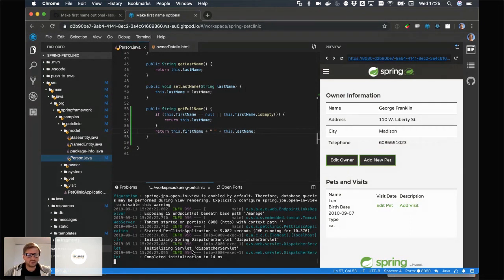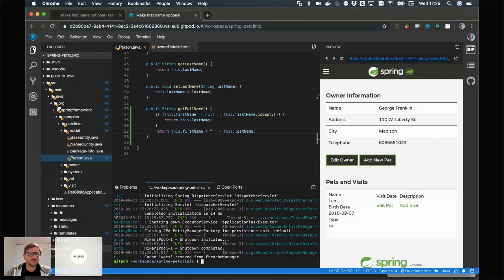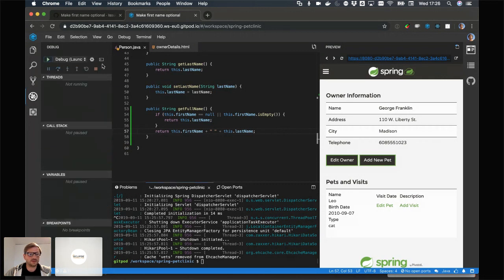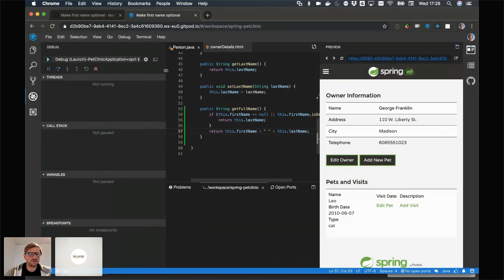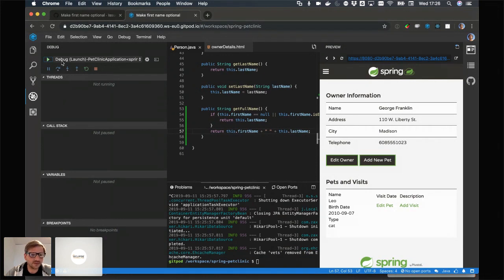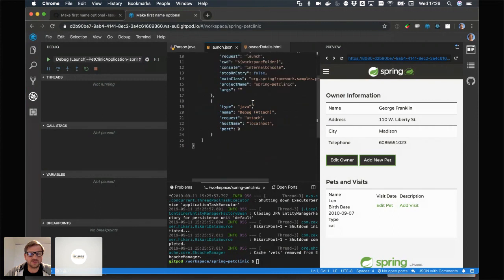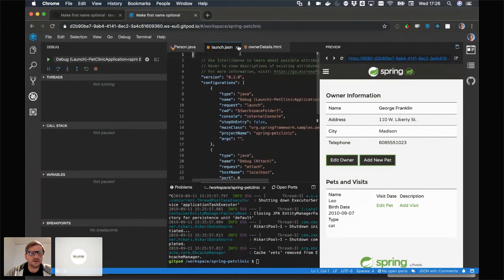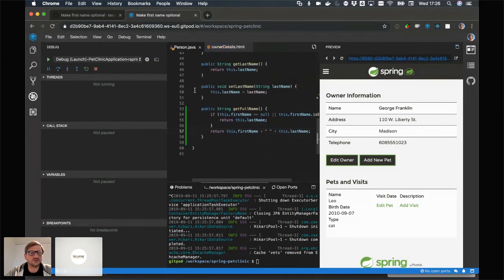So I kill this process, and in order to make sure it really works, we want to debug the application. So here you see the debug view, and there are launch configs. I can also open them. They are just written down in JSON, checked into your repository. So everyone in your team has these launch configs, and you share them, of course. I start a debug session,